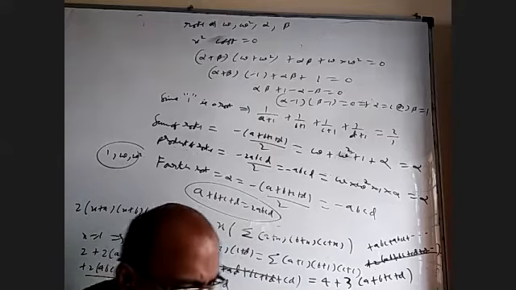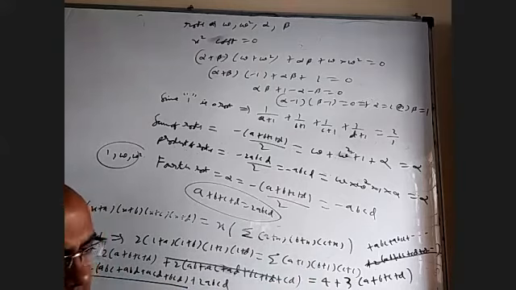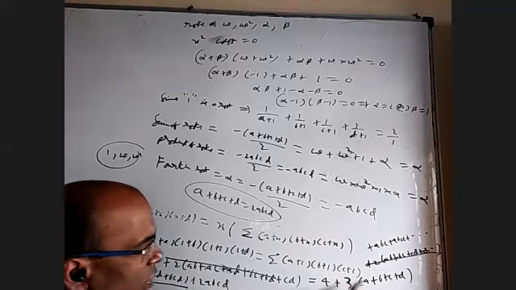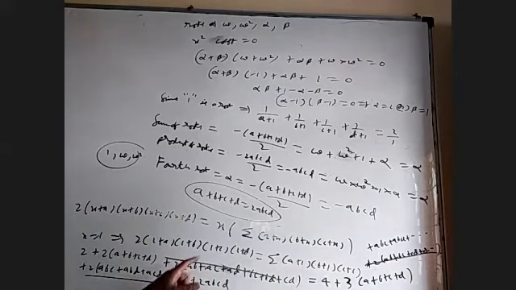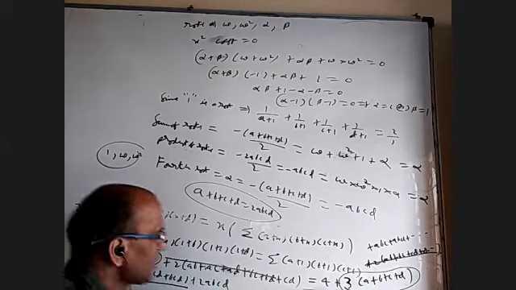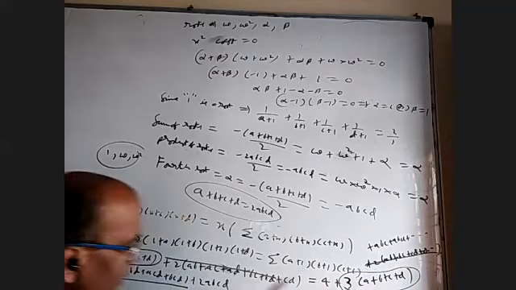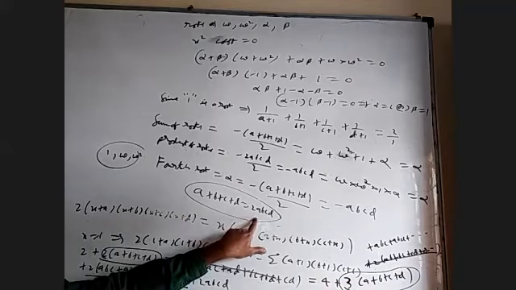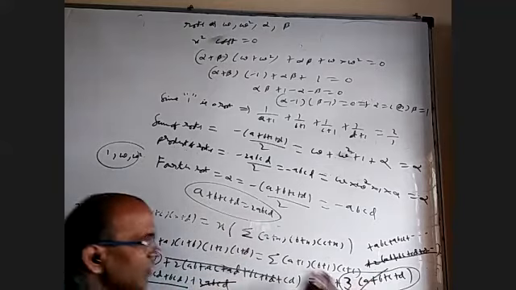I have less place, so it may be too clumsy, but please understand, I expanded this fully. I wrote all these things. This one, like this, 4 such things are there. I expanded and combined. That is this one, this one, this one, this one. Now these two things got cancelled because the coefficient is 2. See carefully. Here I have 2 times (a plus b plus c plus d), here 3 times (a plus b plus c plus d). If I send that side, what will I have? 1 time (a plus b plus c plus d), but that is the same as 2abcd, just now we proved it. So this together will cancel.